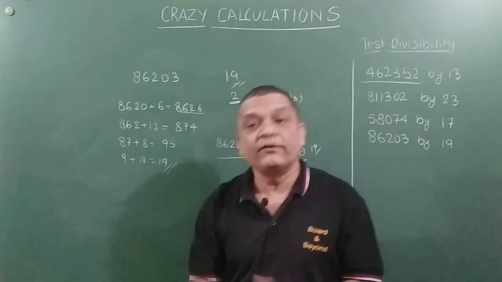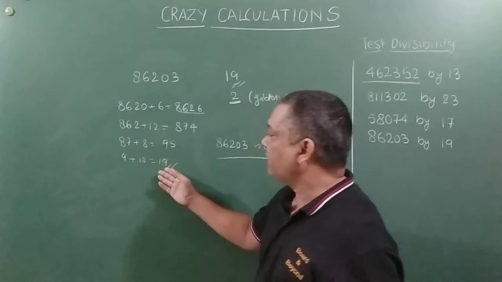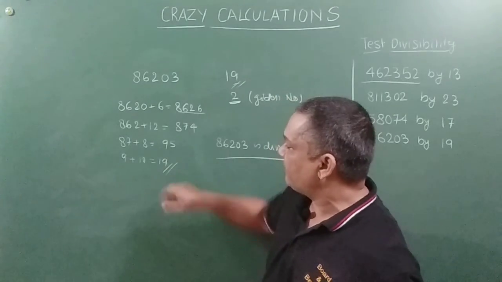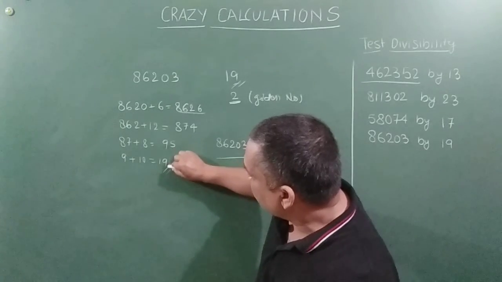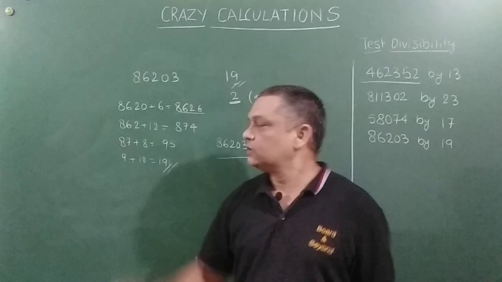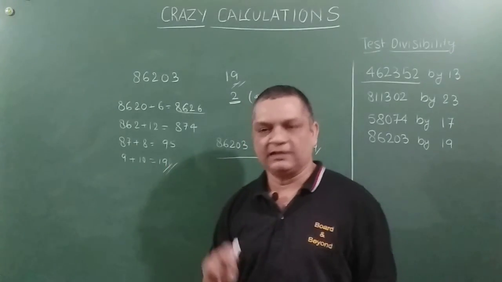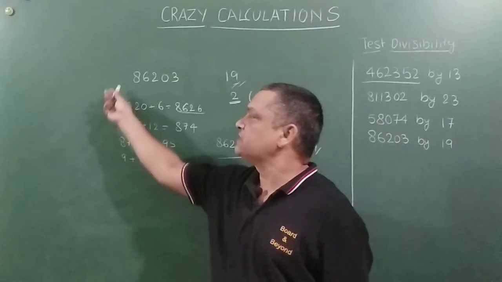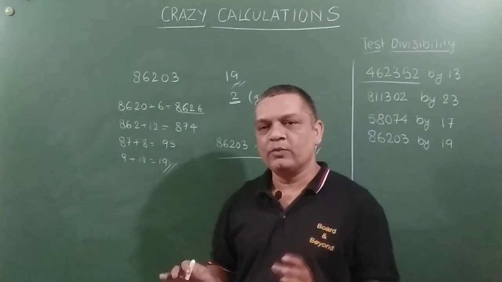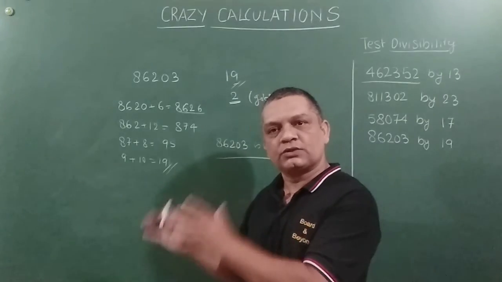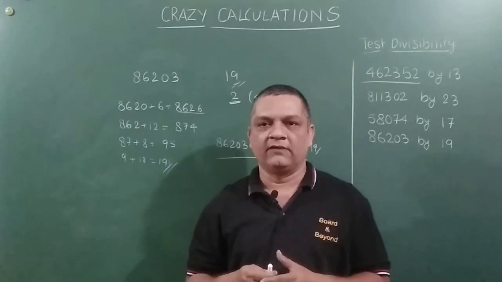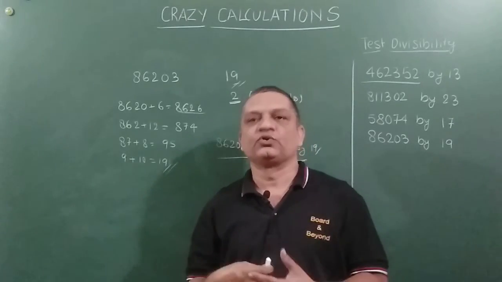And till when do you have to repeat? Till the time you reach a 2-digit number, and you are able to identify whether the number which you are getting on the right hand side is divisible by your divisor or not. Right? So you repeat this process. Right, friends? This process in Vedic mathematics is called osculation. I hope I have done justice to this process in terms of making you understand how we use it in our day-to-day life when we are solving problems.